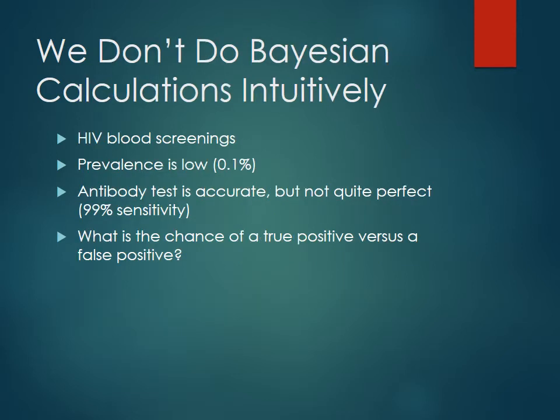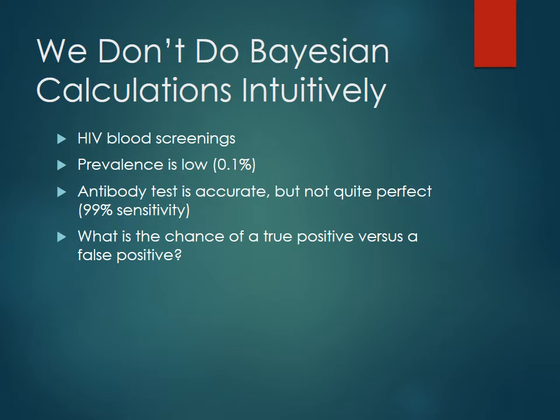So looking at some other things, has anyone heard the term Bayesian statistics or Bayesian calculations? We won't talk too much about it in this course, but this is an idea where you have some amount of information going into some sort of question, and using that information and using new data that you're finding out by doing the test, you can make certain inferences. So in this situation, we're going to be looking at HIV blood screenings.